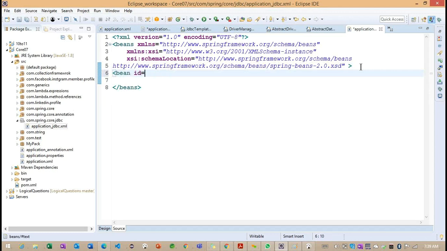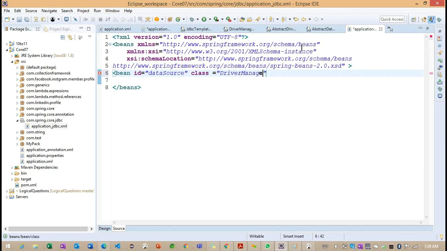First we need to define the bean, and the id will focus on the dataSource, because the DriverManager is implemented from which interface? DataSource. And let me create a class. What is the class we are trying to create an object of?